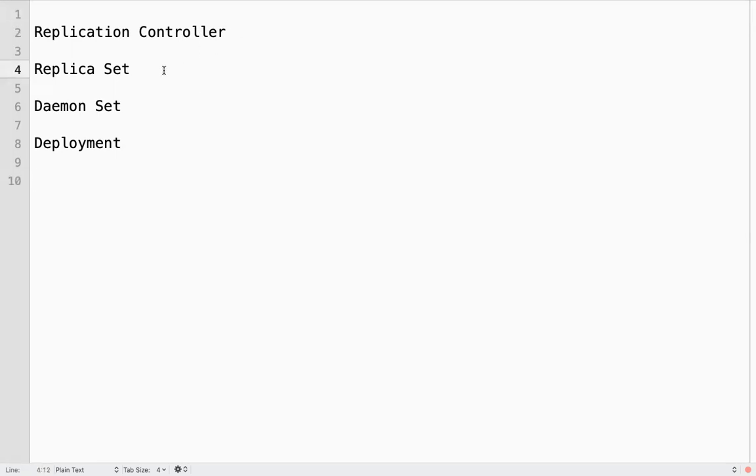So we have a replica set, same as replication controller. What is a replica set? It's the next generation of replication controller.